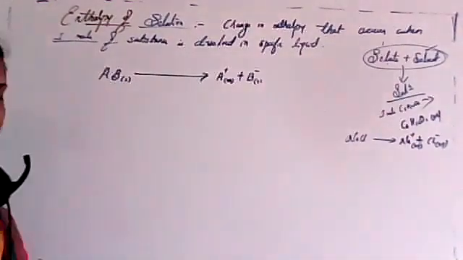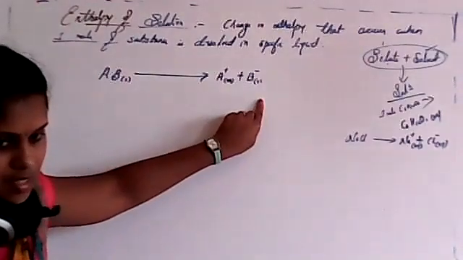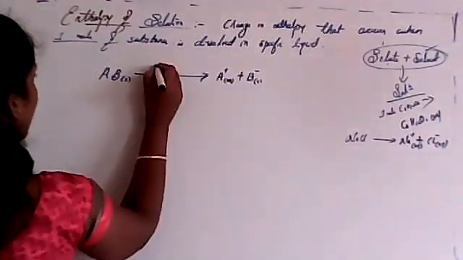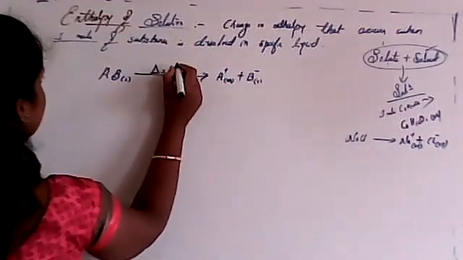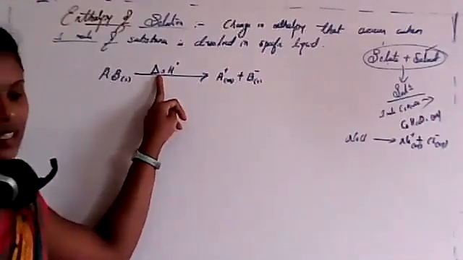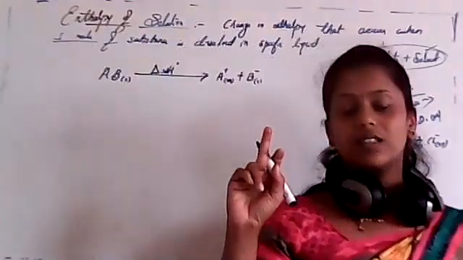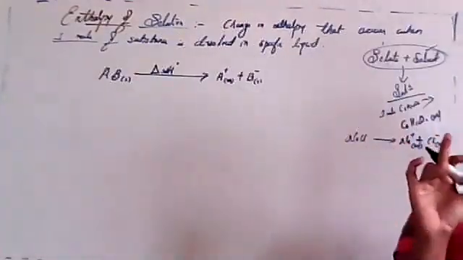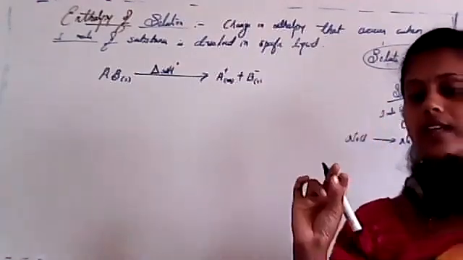So now the question, students, if we are considering this system, this is your enthalpy of solution. I'll write it as delta S H. We are using S in this case, or else you can use solution, because there is another thing that is sublimation. In that case, you have to use SUB.